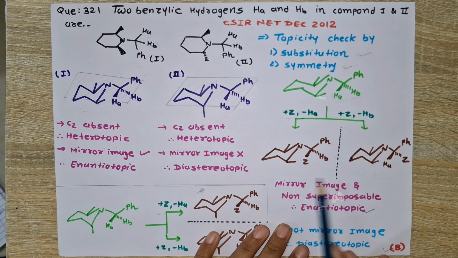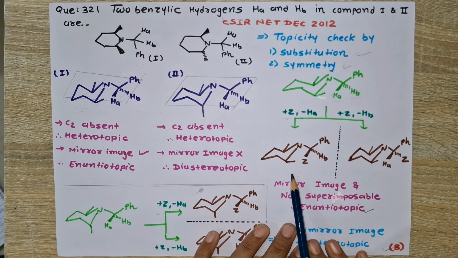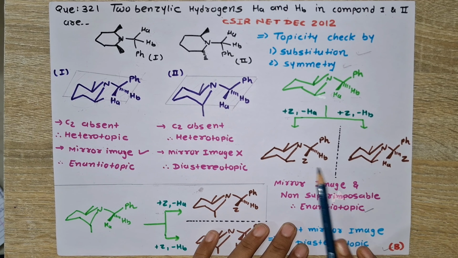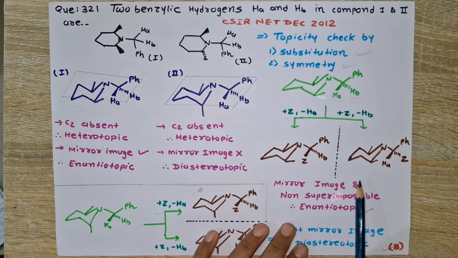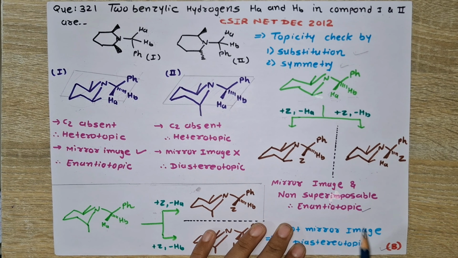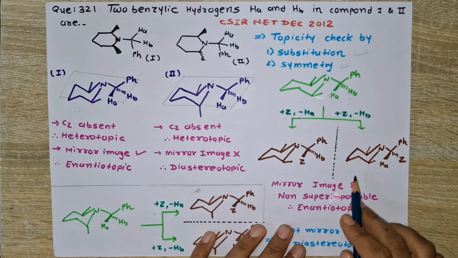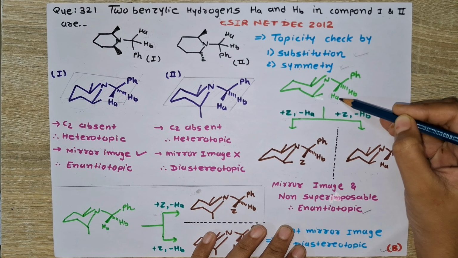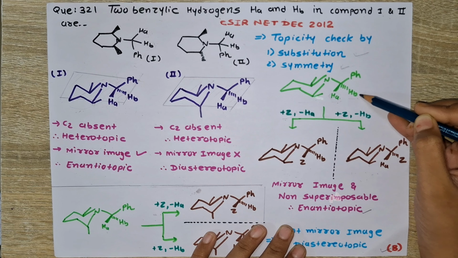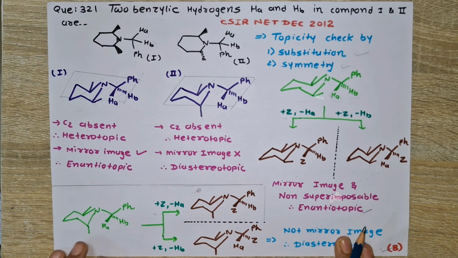Now let's check their stereochemistry. See here, both compounds are mirror images of each other and they are non-superimposable, so these two compounds are enantiomers. So we can say that these two homomorphic ligands Ha and Hb are enantiotopic. Now in our second compound,